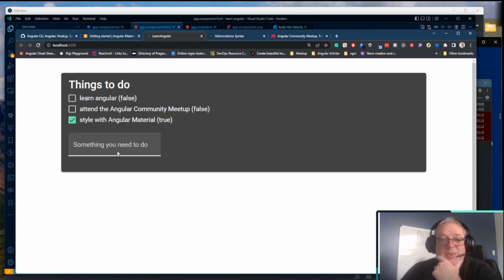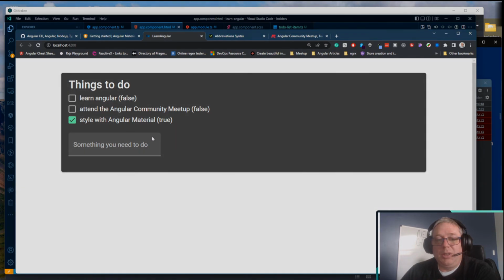For example, this something you need to do should probably extend the width of the bottom, and we'll clean that up. The other thing is that there should be a button here that we'll add, but you're just going to be